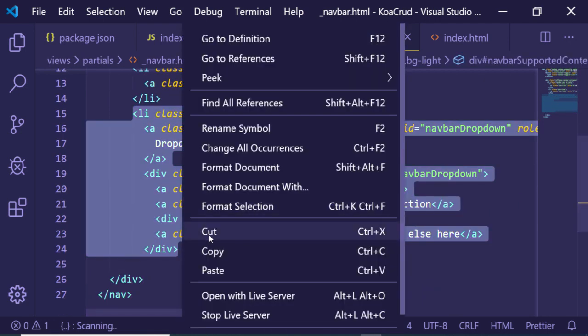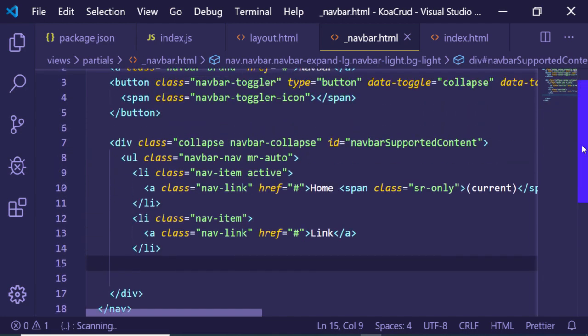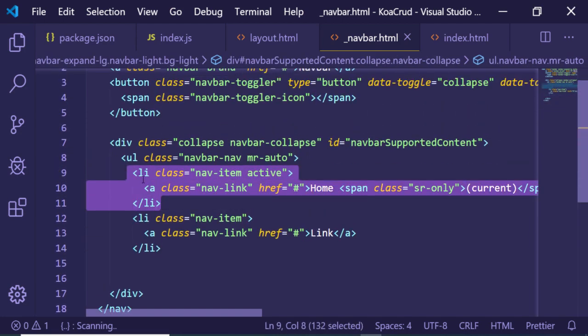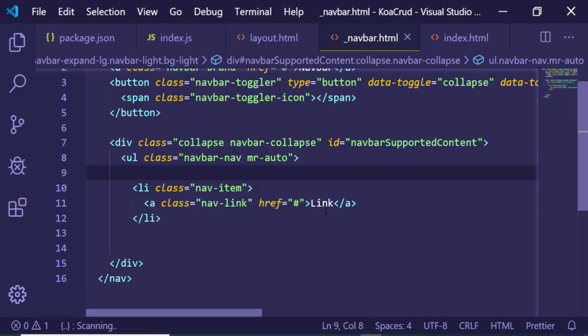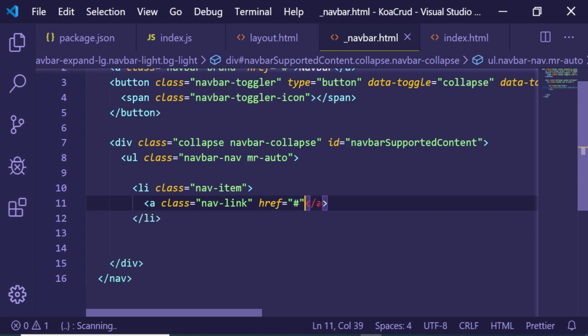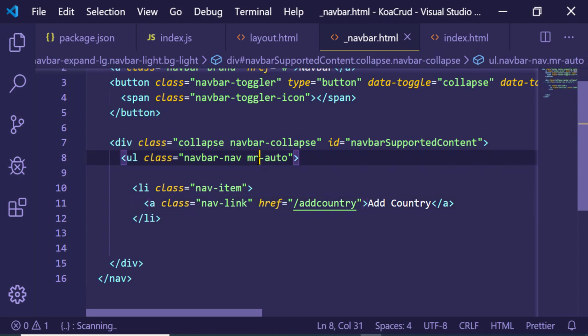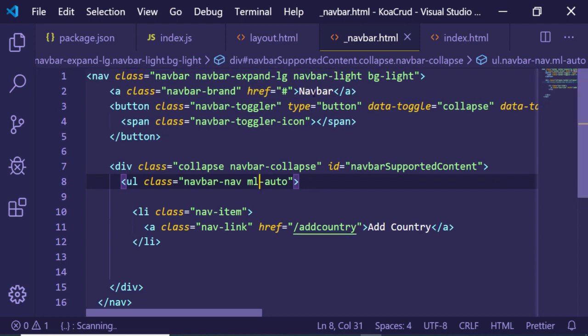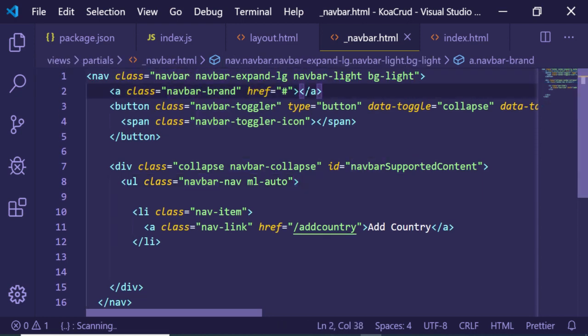So I can just delete this, and also delete this. I only want this one list item, so here I will just write add country. So this will redirect to a route which will be /add country, and just make this ML. So this will be margin left auto, and also change the heading to country CRUD,